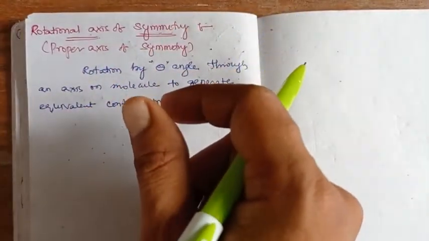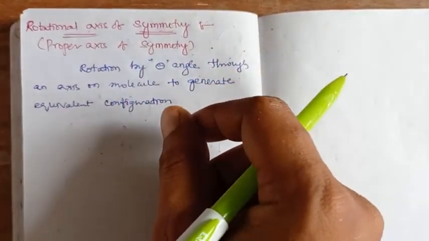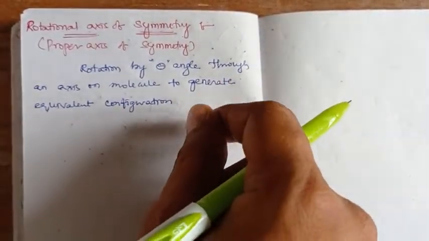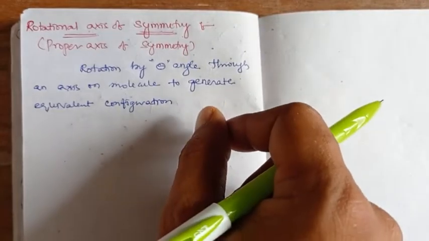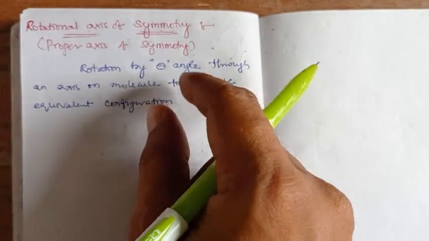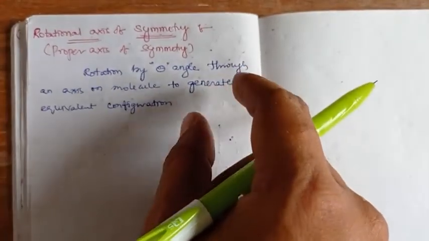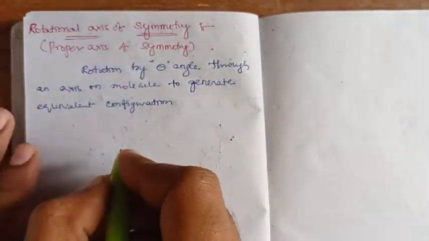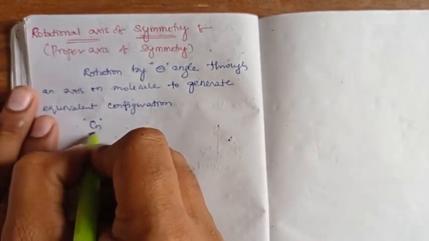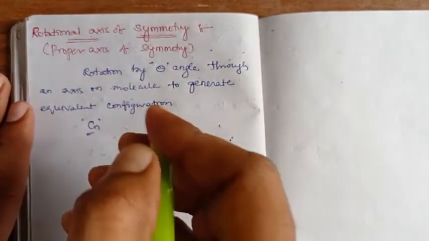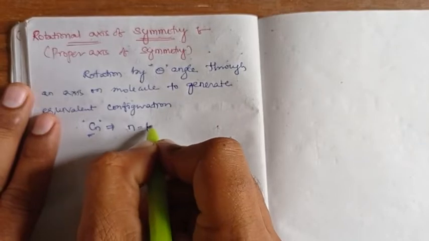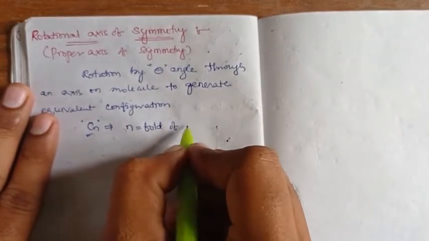Whenever we do a theta angle rotation on a molecule with the help of an imaginary axis, if it generates an equivalent or indistinguishable configuration, then this particular rotation will be called a rotational axis of symmetry or proper axis of symmetry, right? So here it is symbolized with Cn. The rotational axis of symmetry or proper axis of symmetry is symbolized with Cn, where n is called the fold